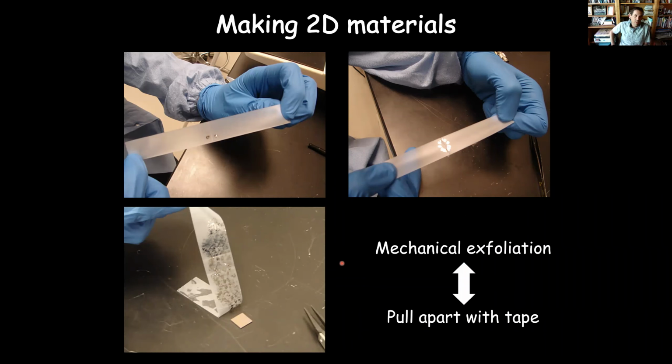Everything I'm going to talk about today is going to be made with these two-dimensional materials, just using very simple mechanical exfoliation techniques. What we're going to do is essentially use Scotch tape, place the crystals on there, put the tape together, peel it apart, thin it down, and eventually get a large smearing of the material on the tape, and then press it onto a silicon oxide substrate. When we do this, we'll leave behind on the substrate some thin layers of material, and then we will look for these in an optical microscope.